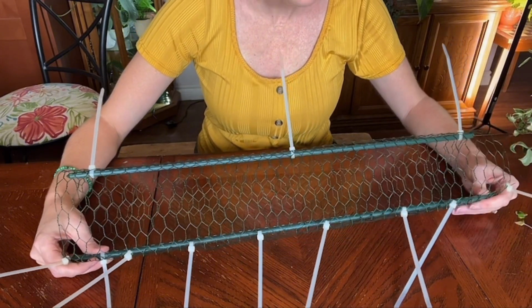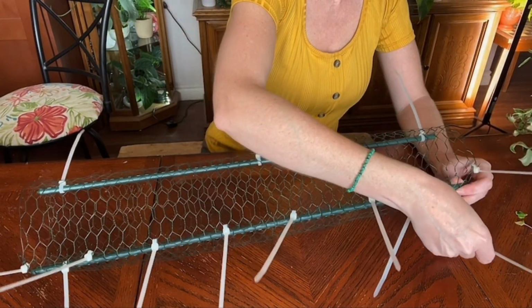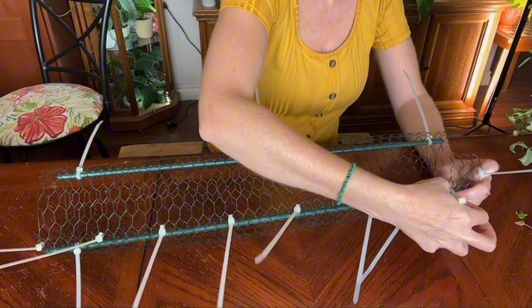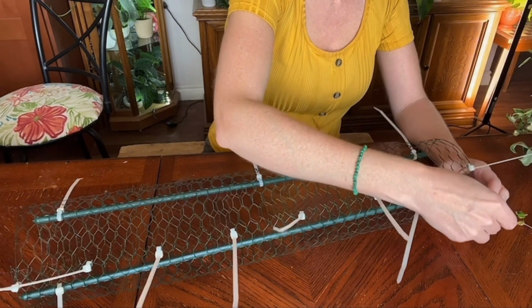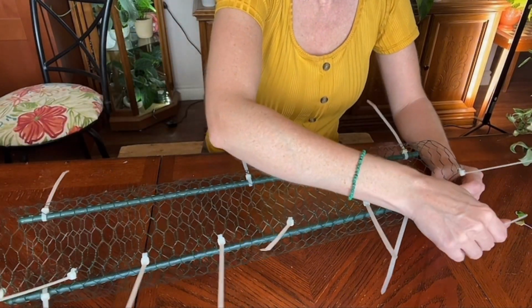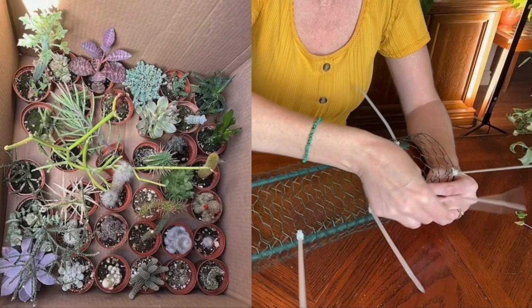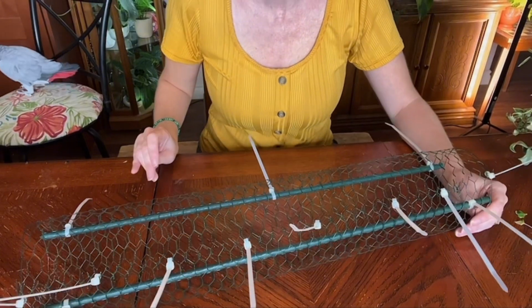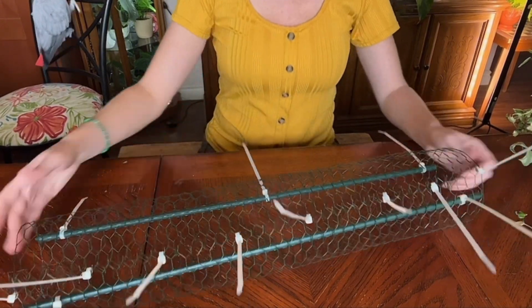So, story time. You would have seen a short 2 weeks ago through the magic of YouTube. It was 2 weeks ago, but in real life, it was yesterday that I bought a whole bunch of succulents and cacti. So I'll include a photo right there if you haven't seen them yet. If not, maybe you can go find my short from 2 weeks ago. Am I still recording? Okay, my phone's ringing. Anyway,